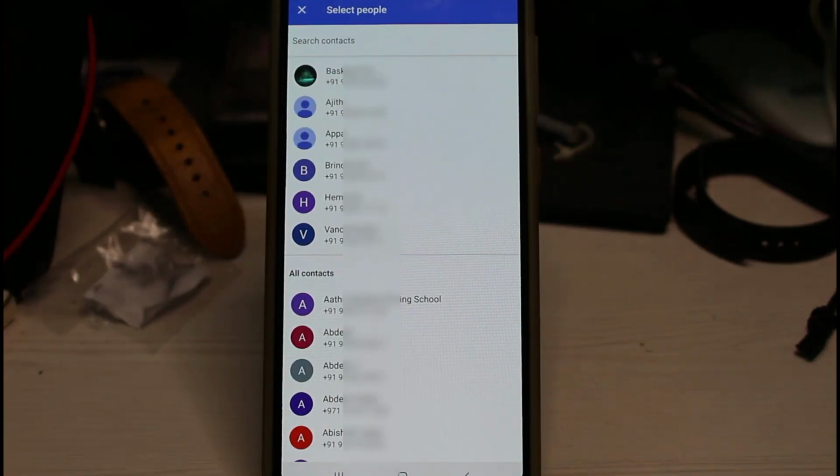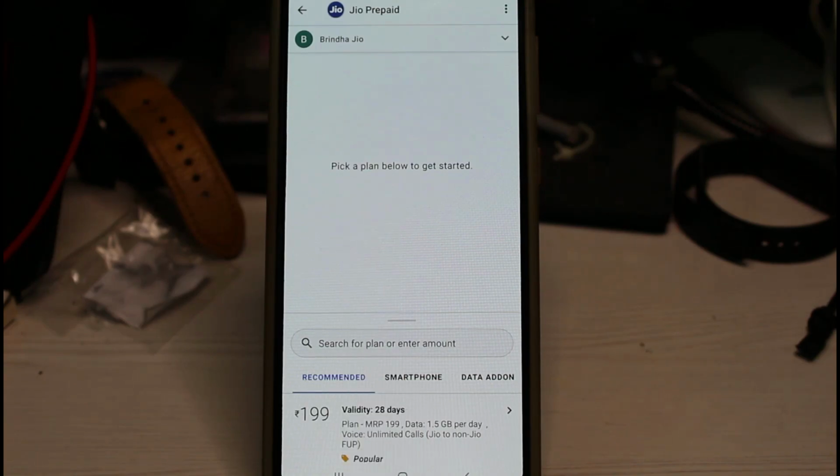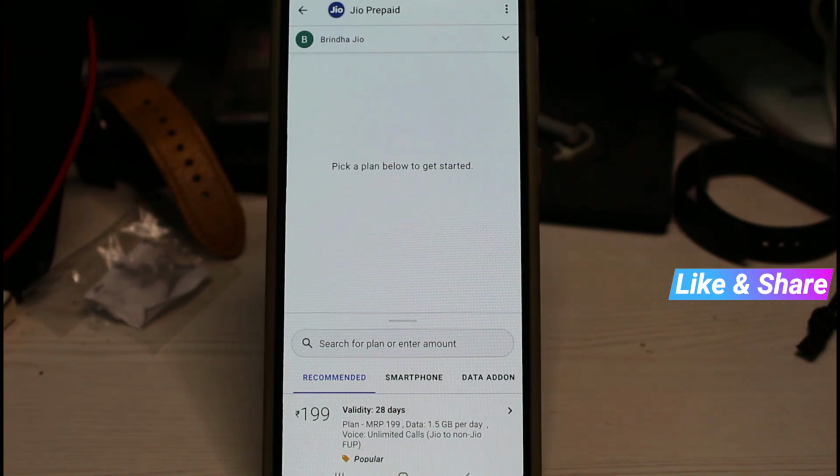So finally you can see that this time GPay accesses my contacts, and also one of my contacts is successfully linked with my GPay application, and it does not show any other error notifications, and the previously occurred error message is also gone. So this is the way you can easily fix your GPay contact access permission by watching my tutorial.